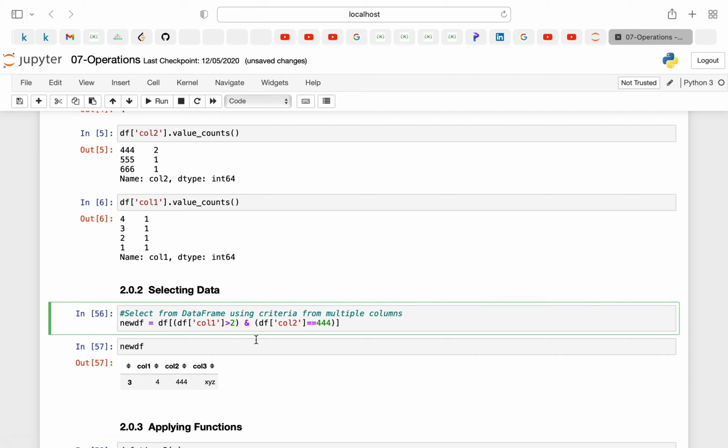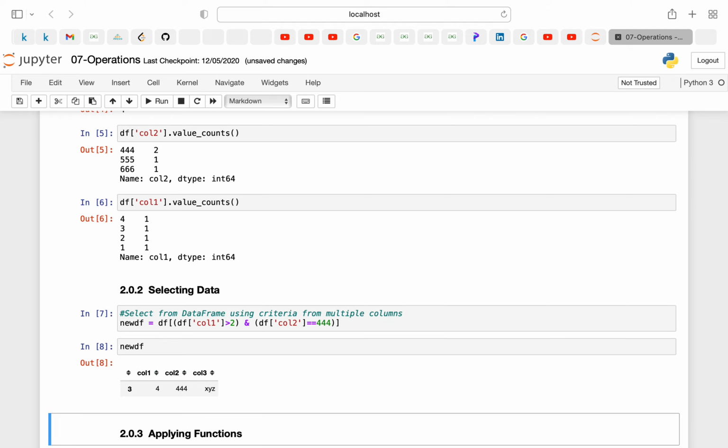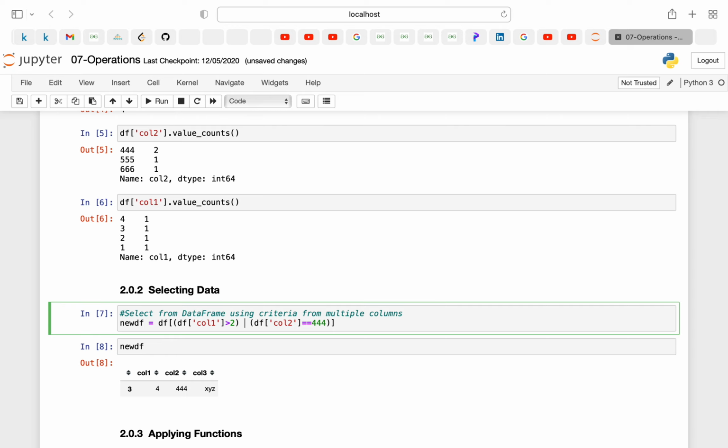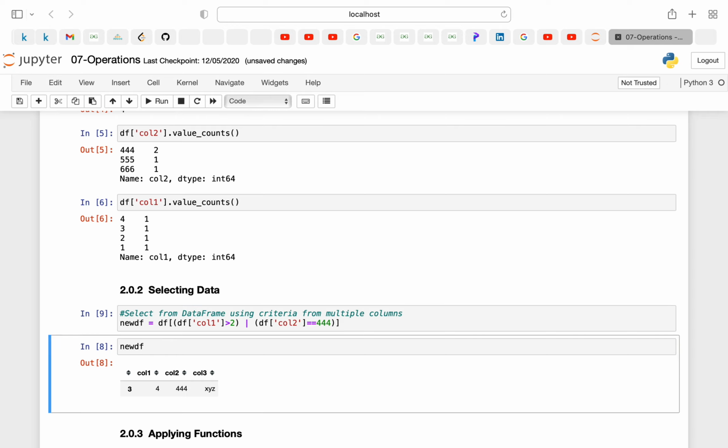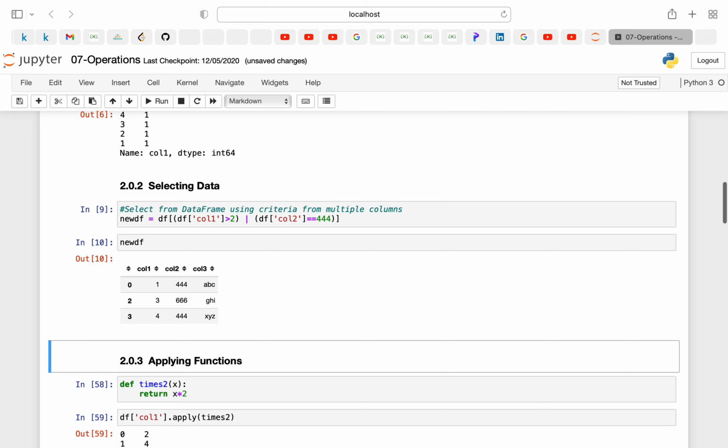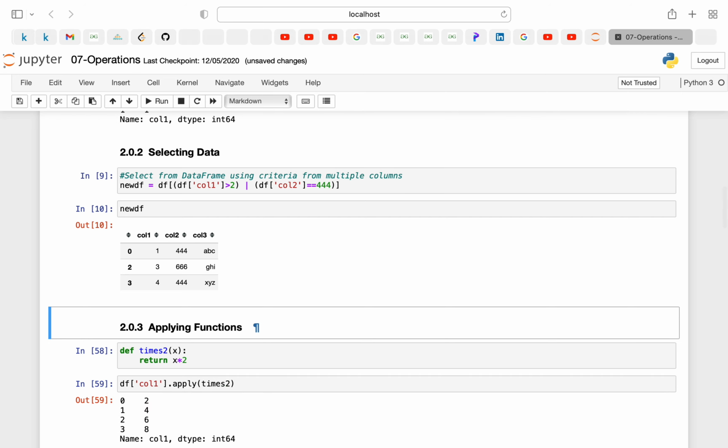In an AND operation, both conditions need to be true, then only the new data frame will come; with OR, any one condition can be true. So I'm applying AND here, and my other condition is that my column 2 should be 444. Once I apply it, you can see my new data frame. Now if I apply OR here, as you can see, I got a few extra rows.